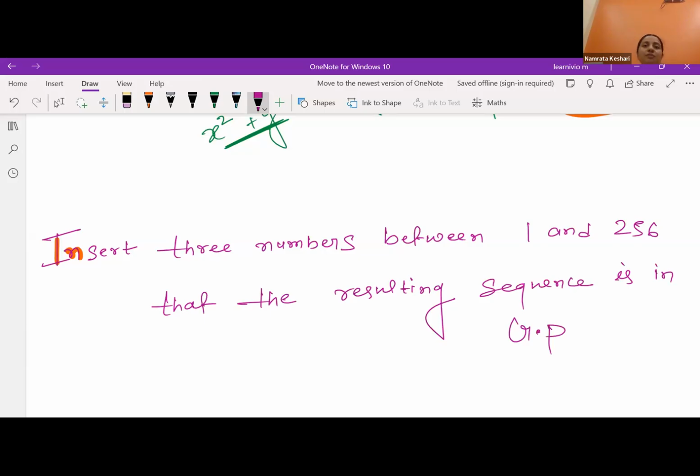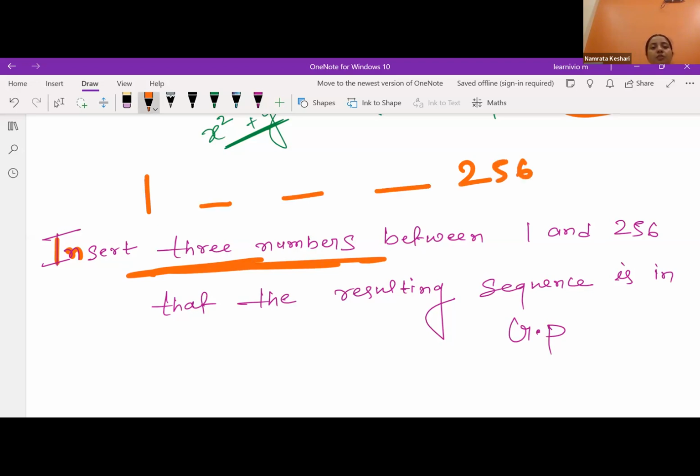Geometric mean concept we have discussed when we were supposed to introduce one number in between 1 and 256. If we are supposed to introduce just one number so that all three are in GP, then geometric mean. But here it says insert three numbers. That means 1 is there, 256 is there, and you have to introduce three numbers in between so that all are maintaining GP. Still, if we are thinking about geometric mean, then we will be taking maybe the first three,